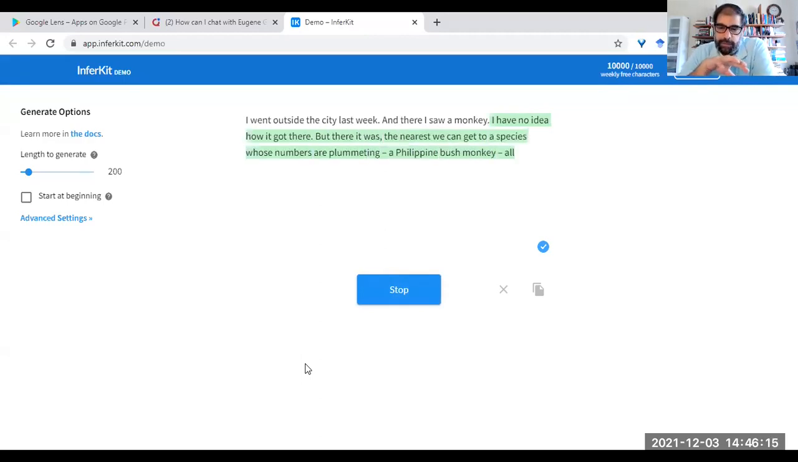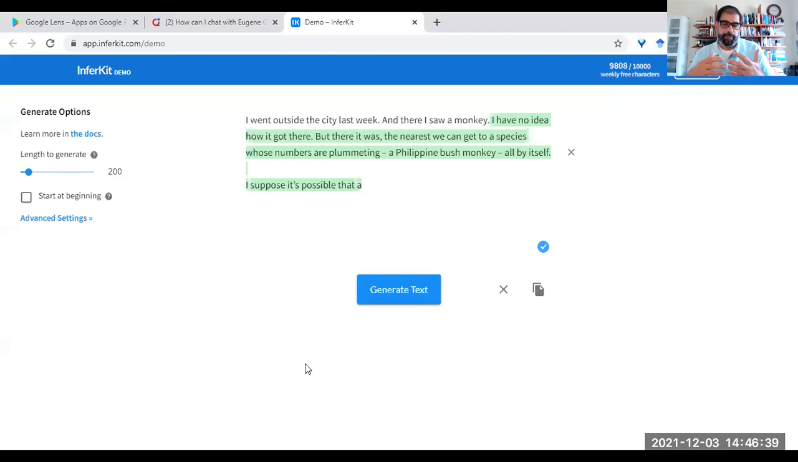So this text is being generated by the computer now, right? Because you gave it a start, and the computer said, "I have no idea how it got there, but there it was. The nearest we can go to a species whose numbers are plummeting, a Philippine bush monkey all by itself. I suppose it's possible that"